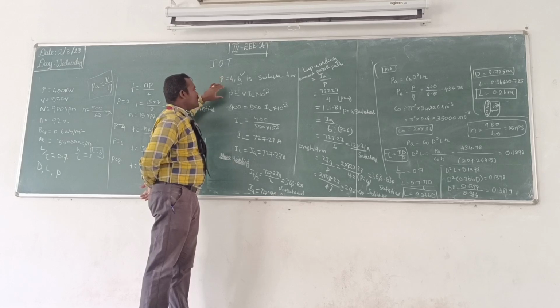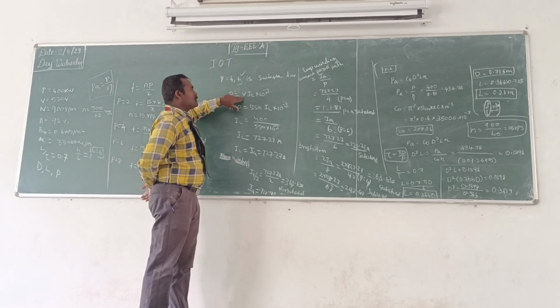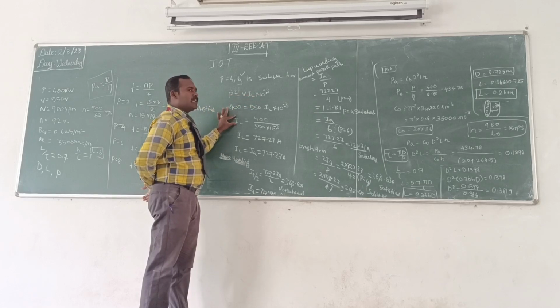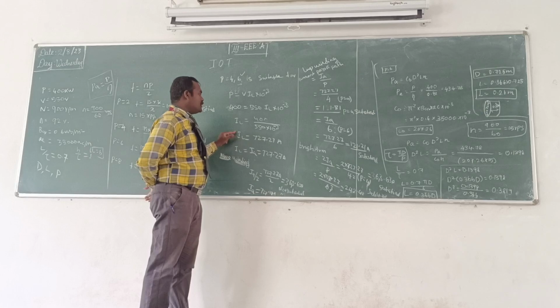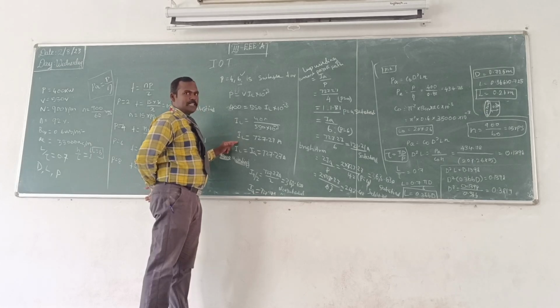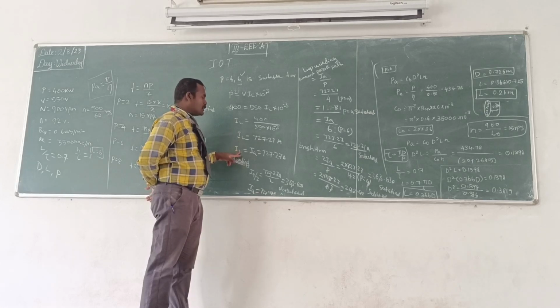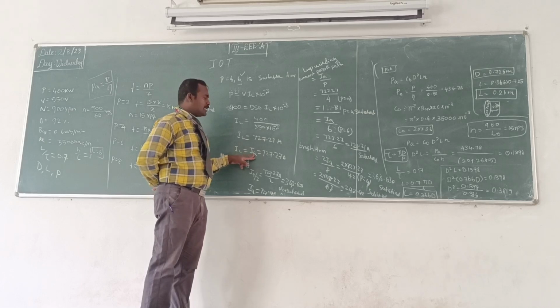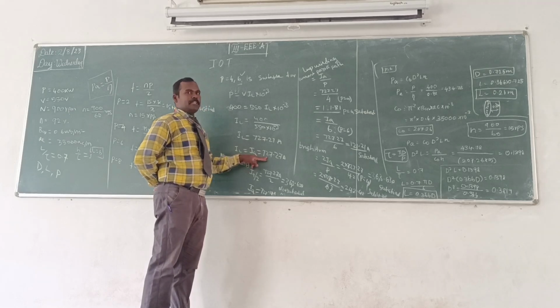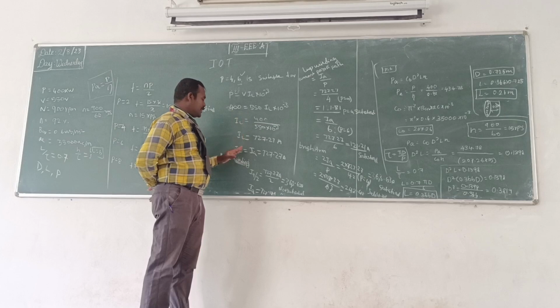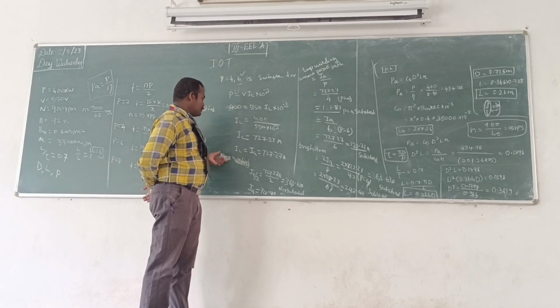Again we can check the next condition. The power rating equals V into IL into 10 power minus 3, and from that we can find the load current. Here the type of generator is not given, so we can take the load current equal to the armature current. The armature current we find from the given data. We have two different windings, either lap winding or wave winding, so we can select.